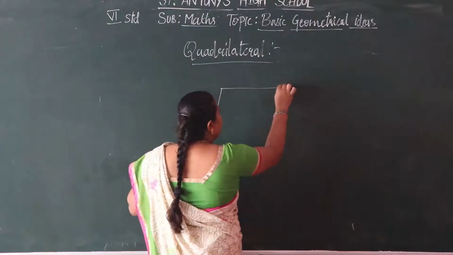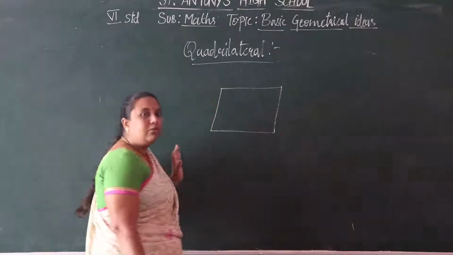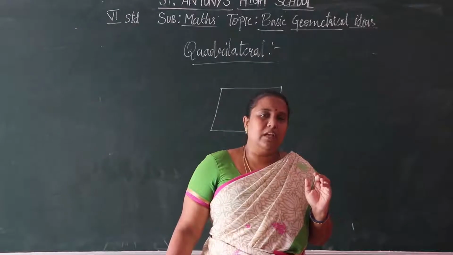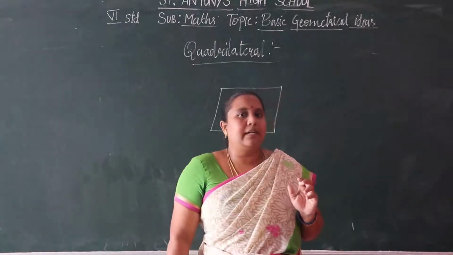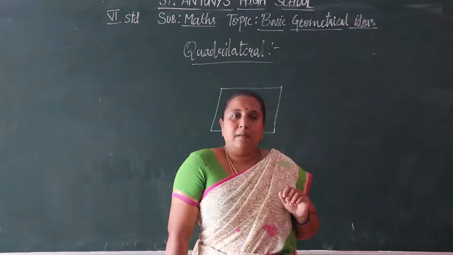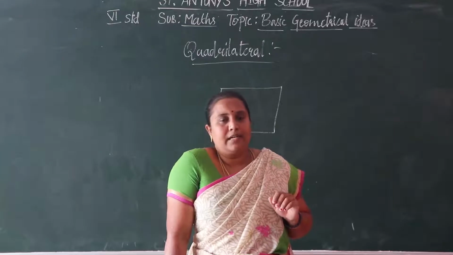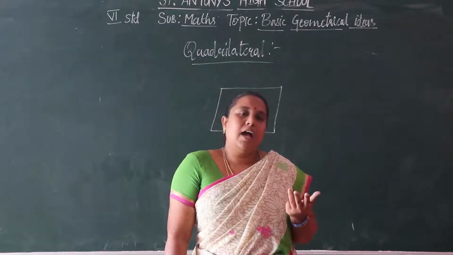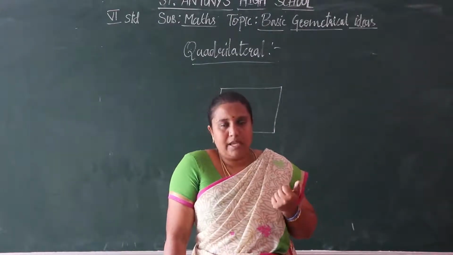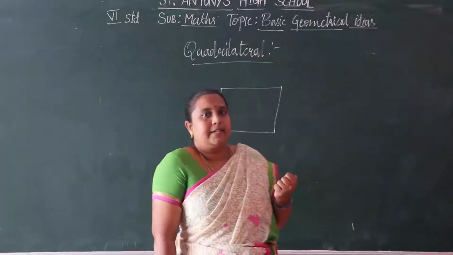Now let us take one like this. It is a quadrilateral. You know the types of quadrilaterals. So many types are there. Can you remember what are the types of quadrilaterals? Are you playing kite? No. Kite is also one of the types of quadrilateral. So kite, square, rectangle, rhombus, then trapezium. These are all the types of quadrilaterals.